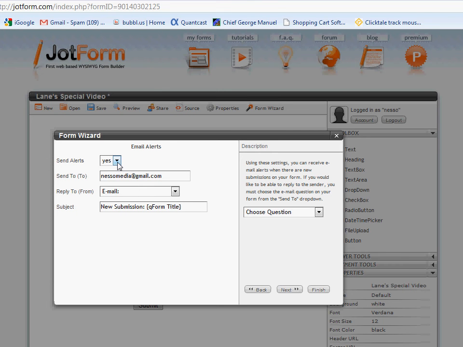Says send alerts. You see, with some forms, you're not going to know necessarily when someone fills it out, and so it can be good, if you're not going to check it on a regular basis, to get an email alert set up on the form. So